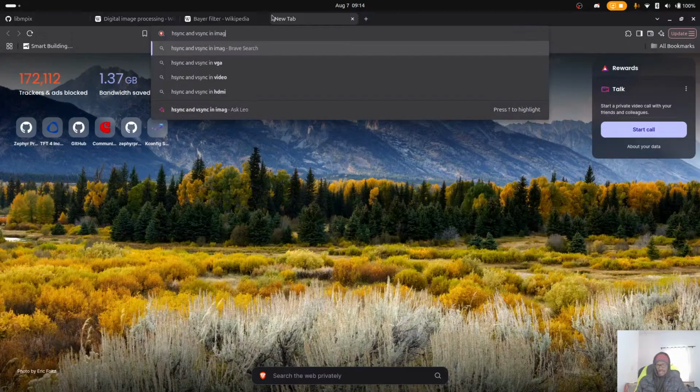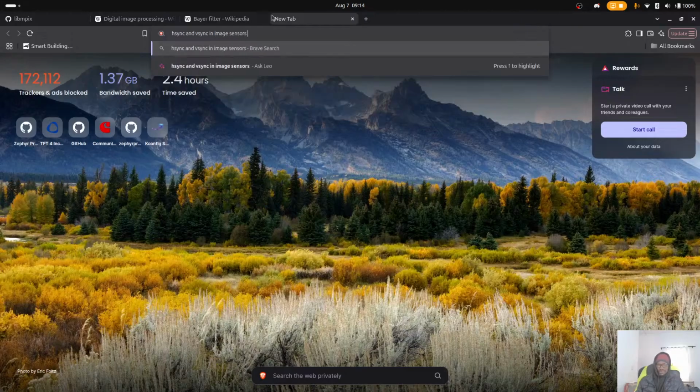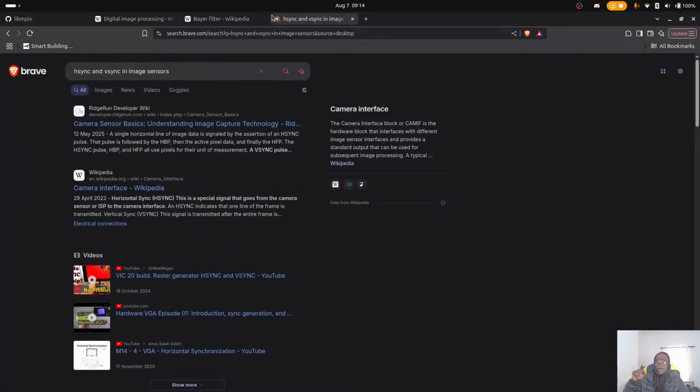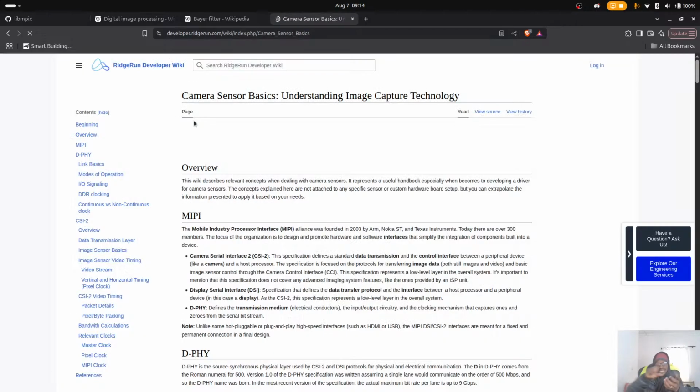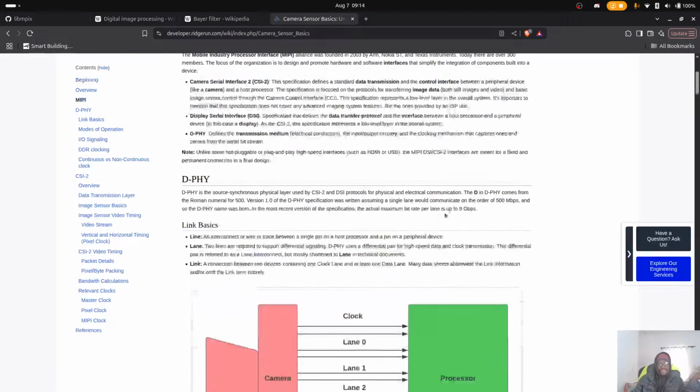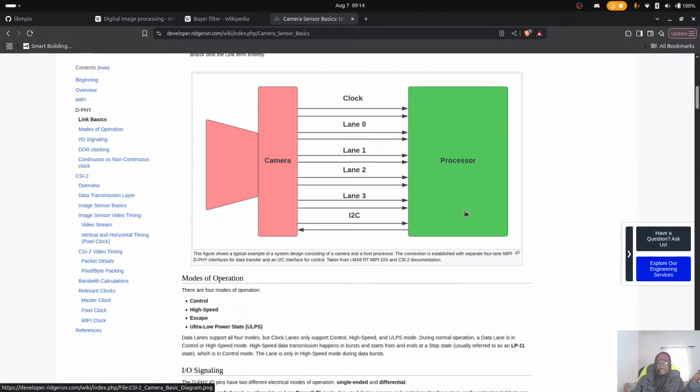in image sensors. So you have triggers so that the image will be captured line by line. Every time a line is captured, you'll have a trigger, which I think is the horizontal sync. Yeah, so it'll give you an H sync every time a line is captured,